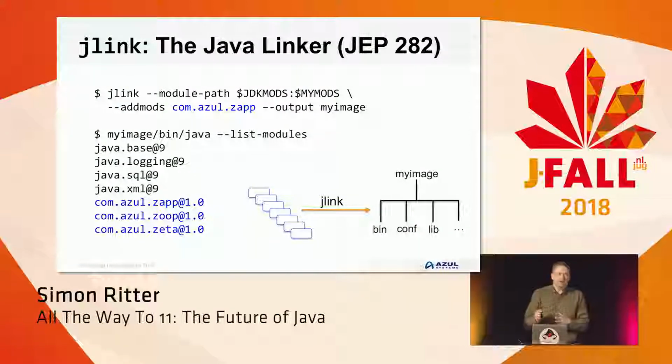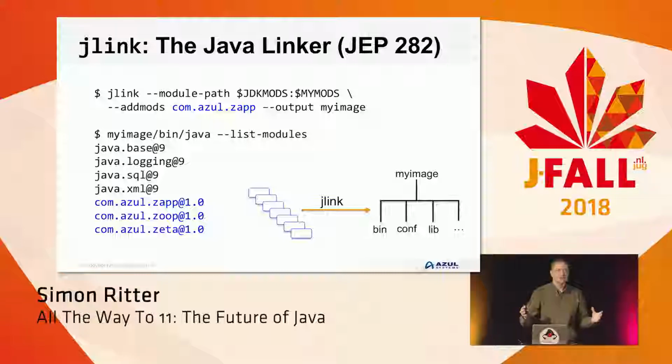Now, the other thing with modularity was it changes the idea of the Java runtime. In the past, we've had the idea of a JDK and a JRE. The JRE being a subset of the JDK, which you can install on machines where you're not developing code, but you simply want to run a Java application. It was smaller, it meant you needed less space. That's gone away. Now the idea is to build a runtime which is specific to your application.